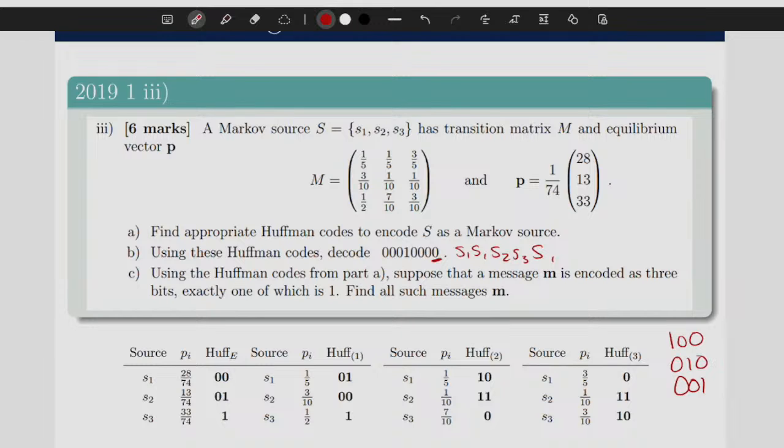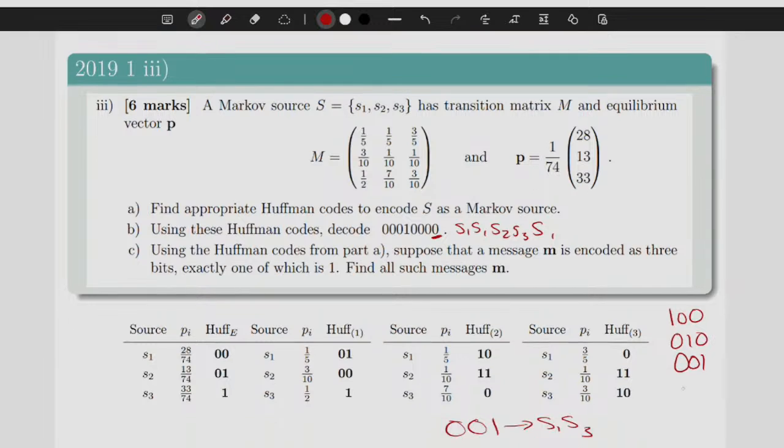So how can I decode these? Well, if I'm looking at Huffman E, if I have 0, 0 at the beginning, where I'm looking at S1, I can go, okay, for 0, 0, there's a possibility that it's just S1 at the beginning. And then if I have S1, oh, well, perfect, S3 is this. So 0, 0, 1 is just S1, S3. And that encoding is done, so I'm just going to cross that out.